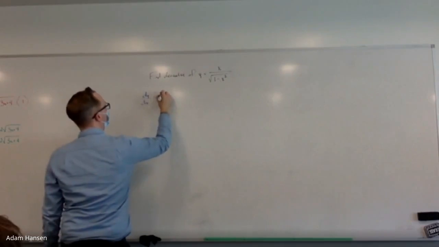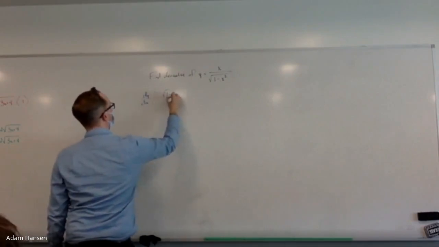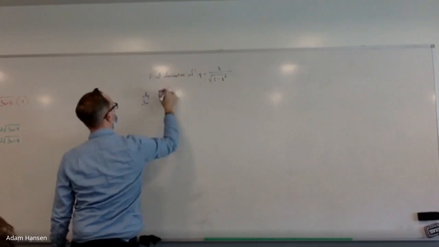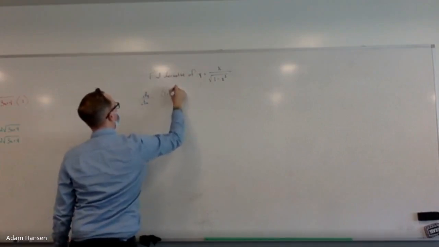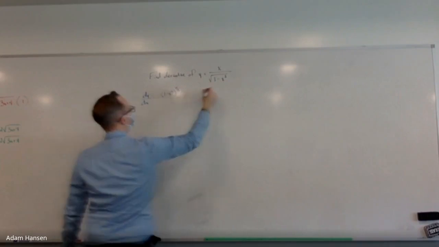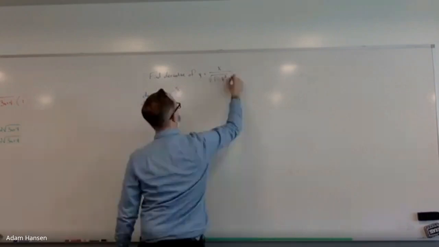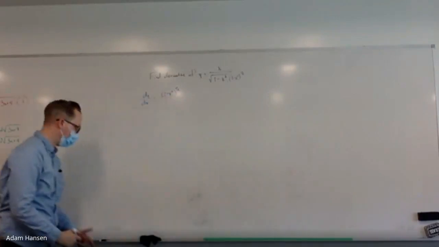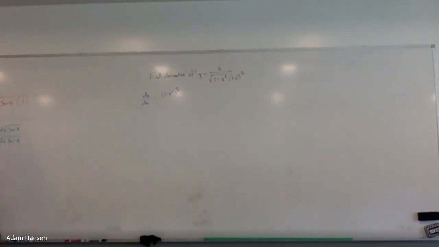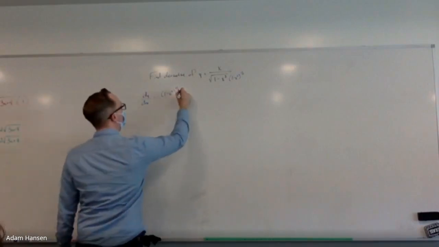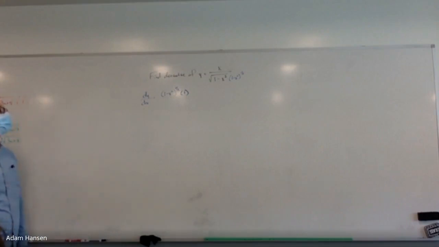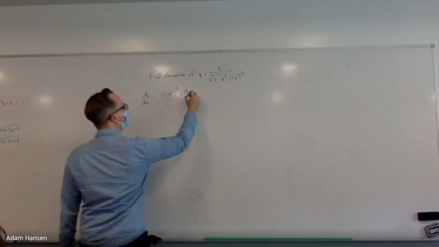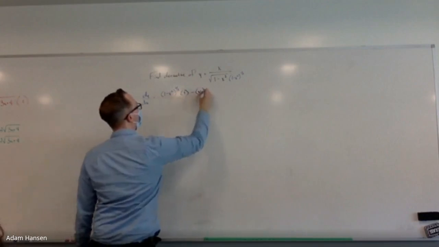low, which would be the square root of 1 minus x squared. Let's just write that as 1 minus x squared to the 1 half, so I can use power rule. d high is 1. Low d high minus high, or x,